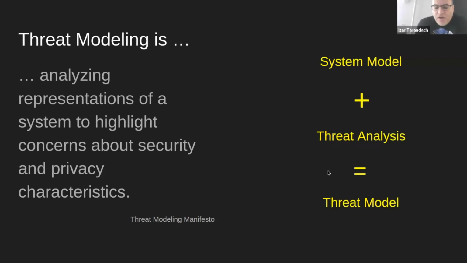And at the Threat Modeling Manifesto, what we wanted to bring out was that once you find the way that works for you and for your organization, the important thing is that you bring about value with it. So if what you're doing doesn't ultimately offer you any kind of added value to your security, then you're probably not doing it right, or you probably have some things to change. But at the end of the day, those representations, that analysis, that threat model has to be something that is advantageous to you as a security practitioner and to your organization as an organization interested in security.